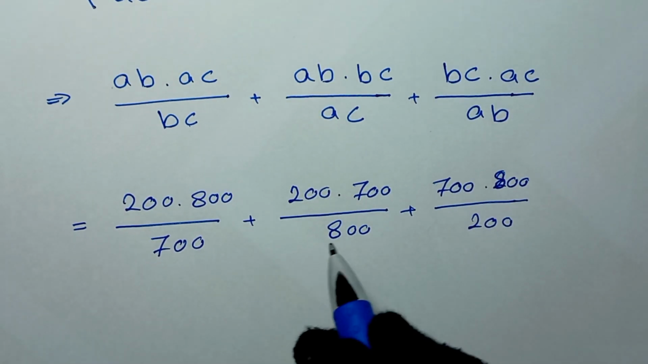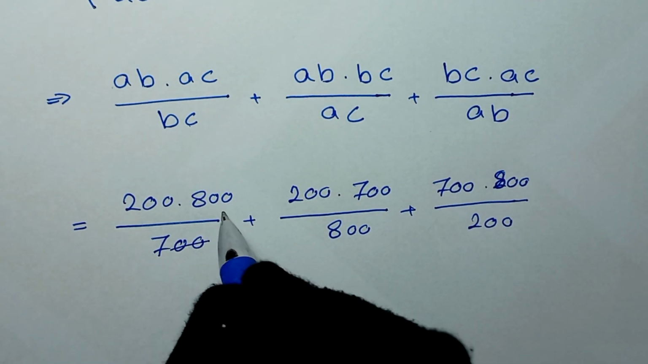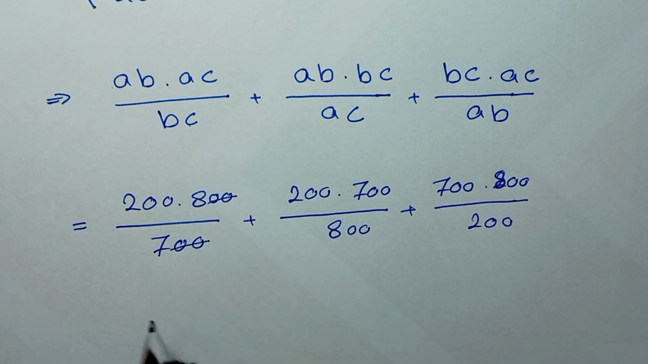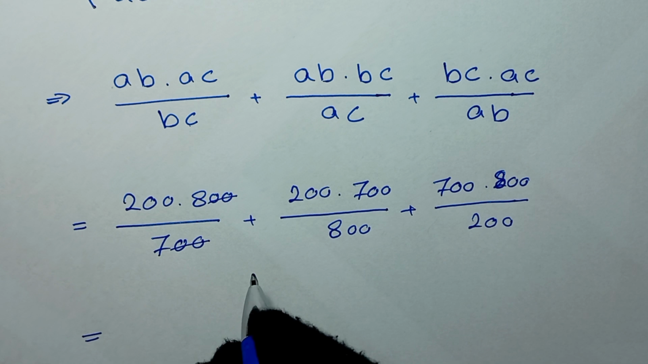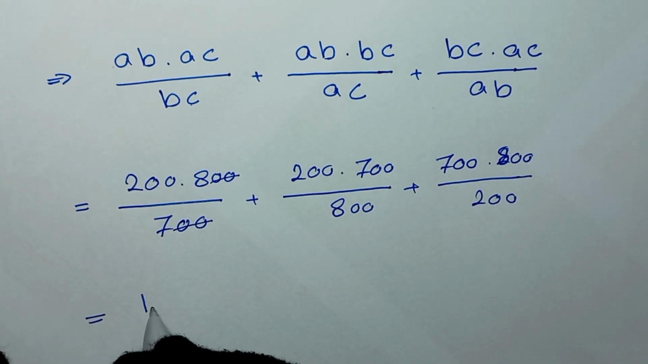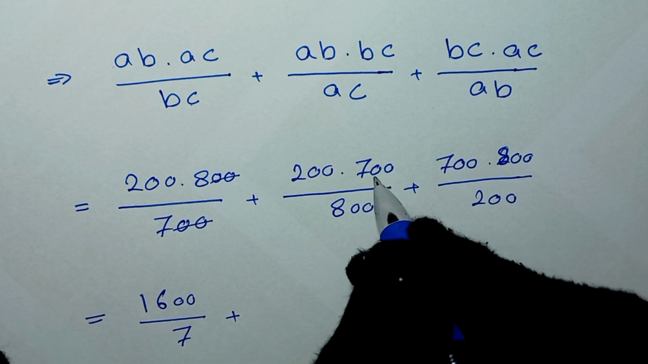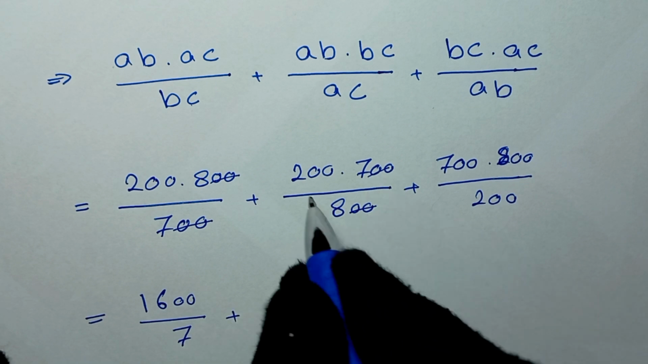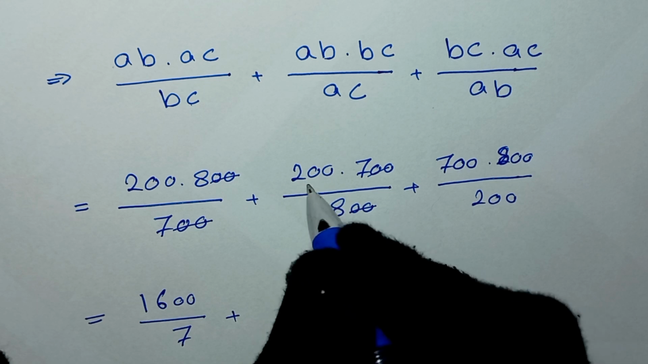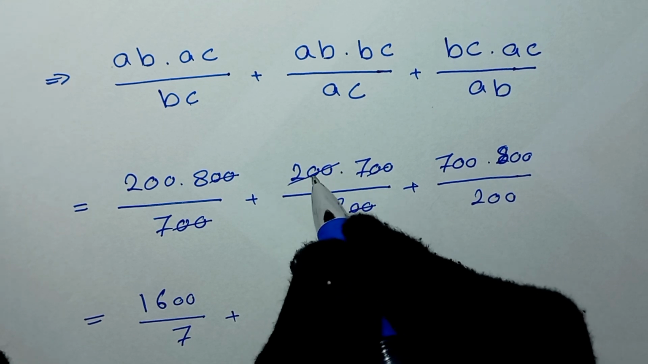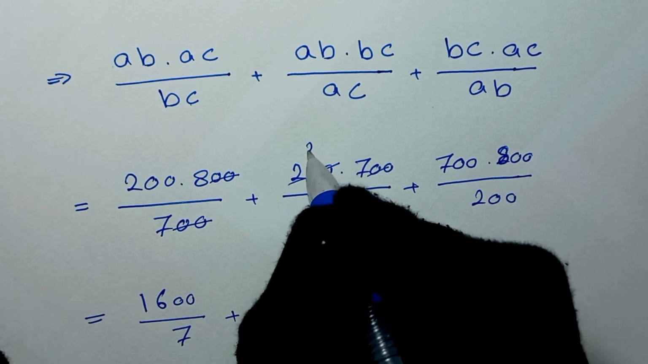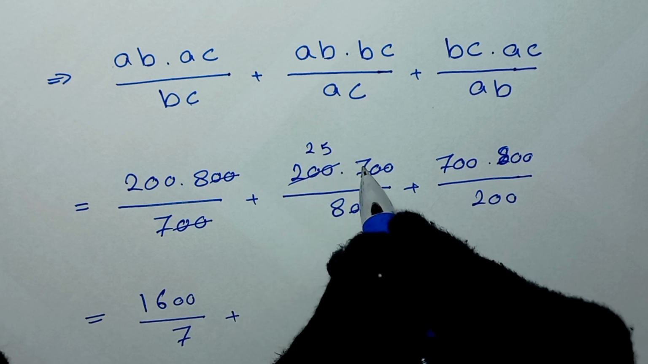And here, these two will cancel these two, zeros, and it will be 200 times 8, which is 1600 over 7, plus, here we can divide this by 8, it will be 25, and 25 times 7 will be